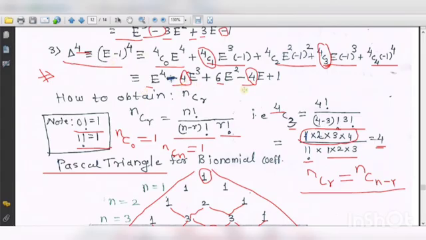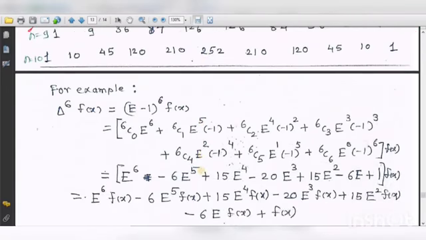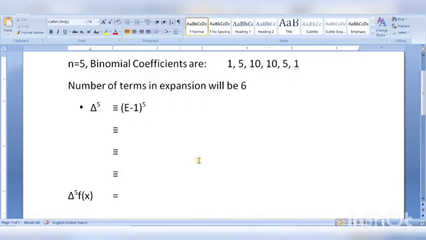So in this way we can immediately write the power of delta or e minus 1 whole bracket. So either it is 5 or 6 or 7, as we have all these coefficients, we can also obtain the next row immediately. We can pick up the coefficients from this and immediately write them down. Here is one example of delta raised to 6, but better I want to show how we obtain delta raised to 5, that is the power of e minus 1 raised to 5, you can see here on the screen.